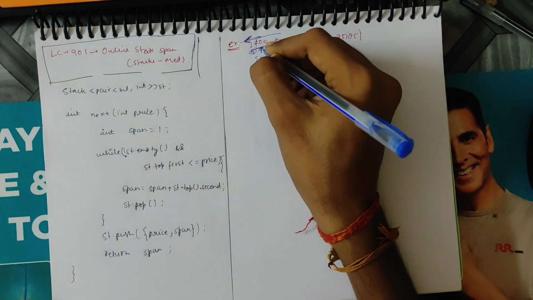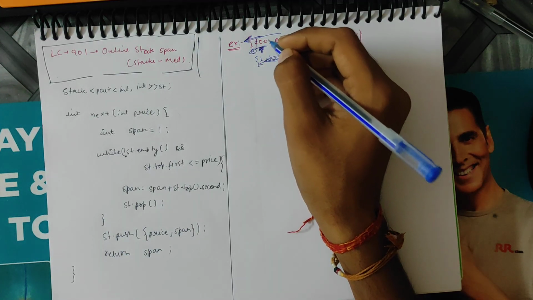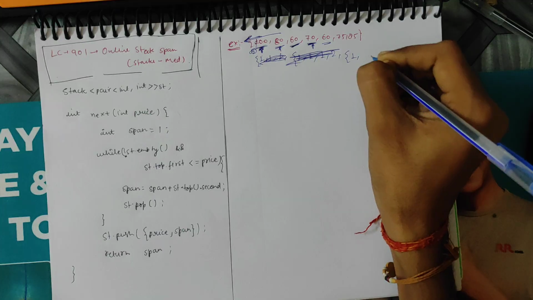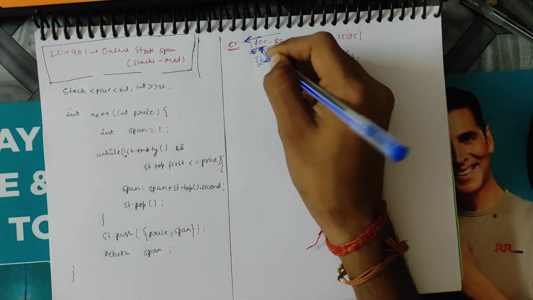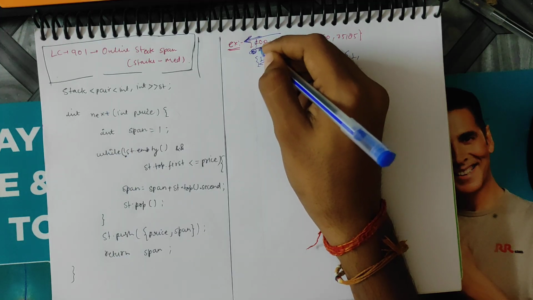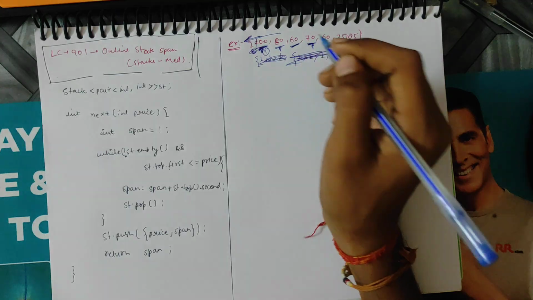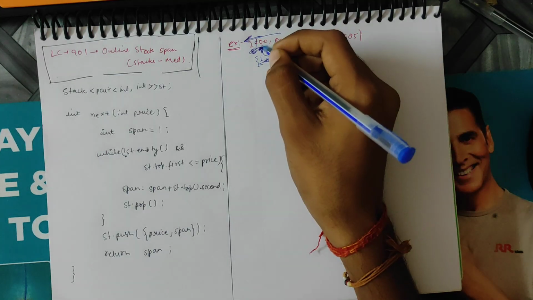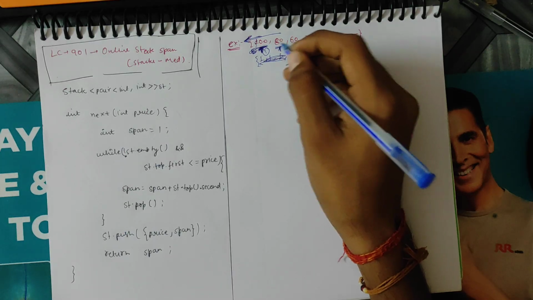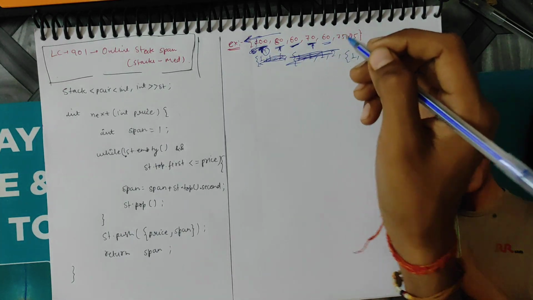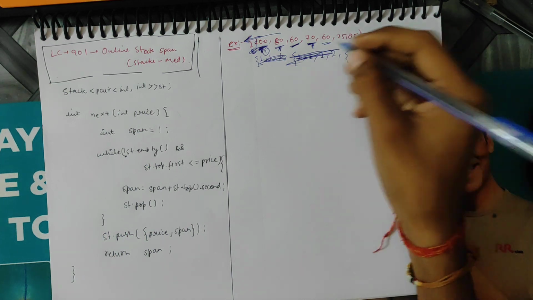So we start from 100. Is there any element present beside 100 which is less than 100? No element is present, so we store 1. Why do we store 1? Because we also need to count the current price, since at the first index the current price is 100, so we store 1 because of 1 count here. And we move to 80. Is there an element present before 80 which is less than 80? No, 100 is present but 100 is greater than 80. Again we store 1.